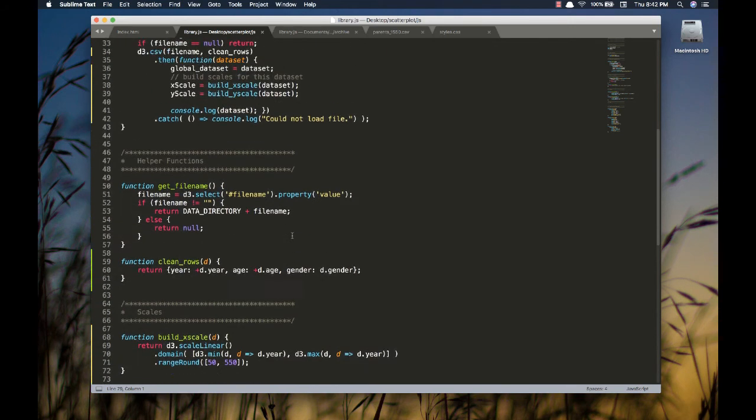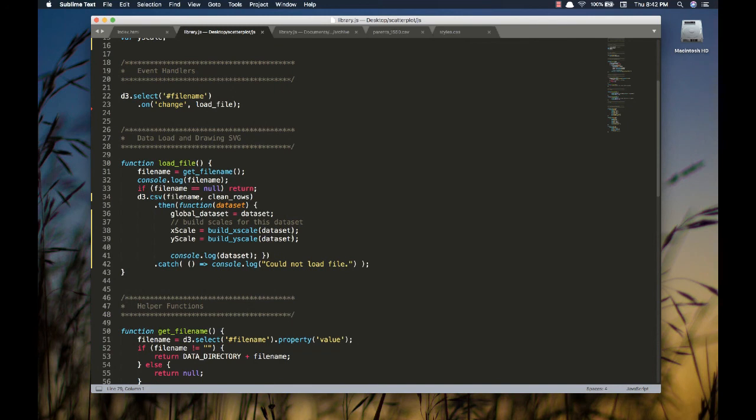Now, where do I call those? Well, remember, I've attached an event handler to that select function. So every time I load a new data set, we drop here into load file, and that's where I've built my scales. So every single time I load a new data set, even if I've loaded it 1,000 times before, I'm going to build new scales